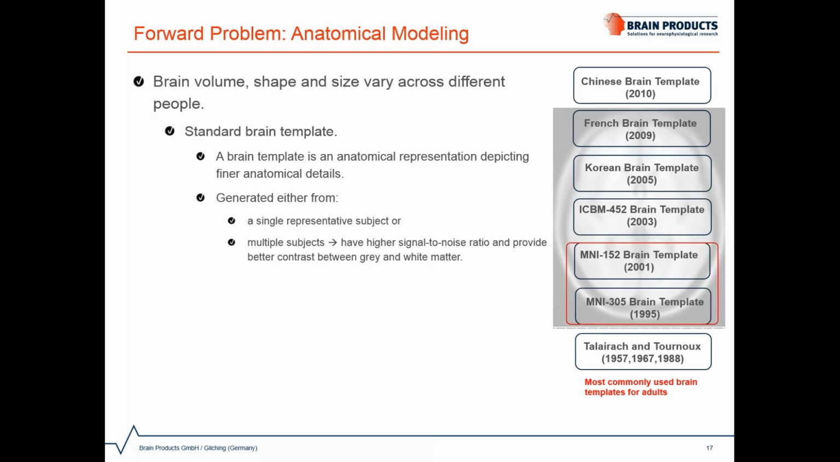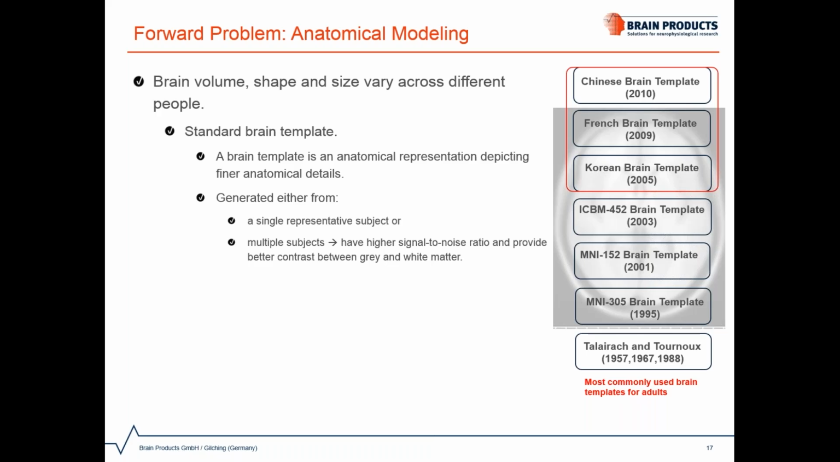The MNI 305 and MNI 152 brain templates, created by the Montreal Neurological Institute, are generated by averaging 305 and 152 brain MR images of normal subjects. The ICBM 452 brain templates, created by the International Consortium for Brain Mapping, are generated by averaging 452 brain MR images of normal subjects. The Korean, French, and Chinese templates are created by the respective communities to emphasize the need